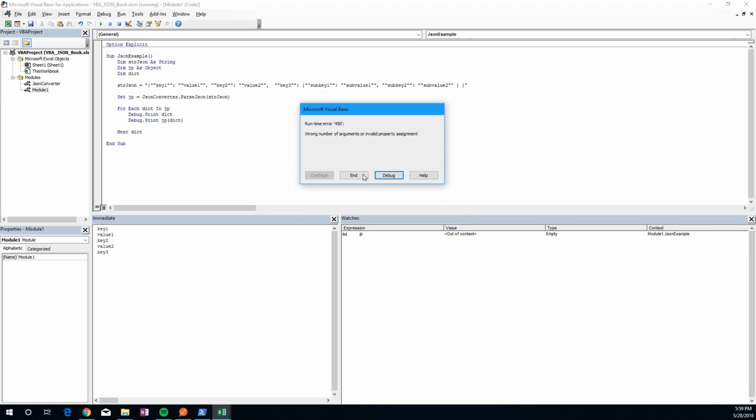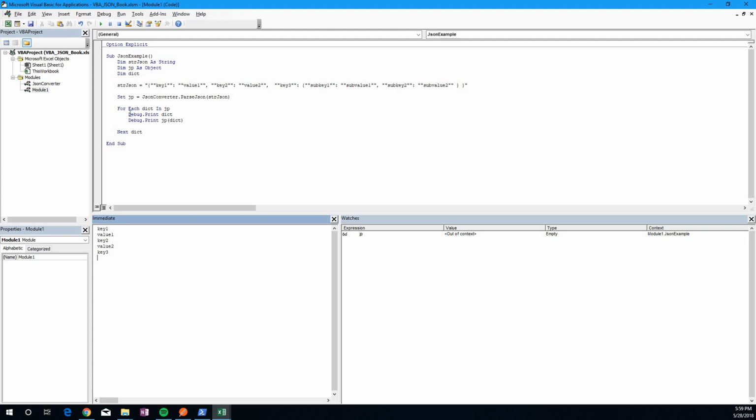Yep, here's our error. How do we get around this? There has to be a way that we can know ahead of time whether this is going to return a nice printable object like a string or a number, or if it's going to return us a JSON object. One way around that is we can check if isObject